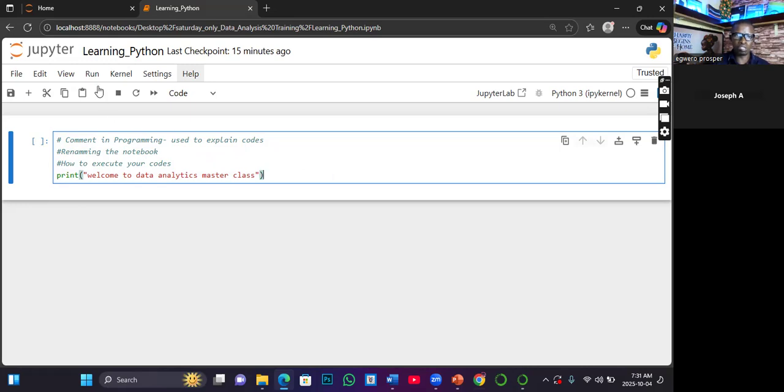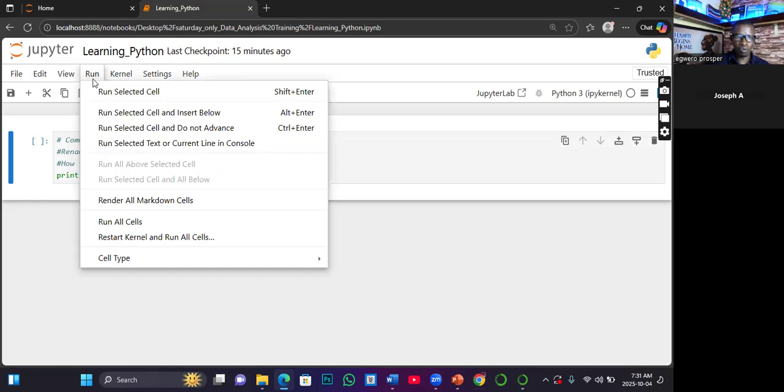So how do you execute it? You can click on this, or you go to run, and then when you go to run, you can select run selected cell, which means that if you have, maybe you highlight some cells, maybe you have written code in like 2 or 3 cells or 100 cells, and you want to execute only code in some specific cells. So you select them. I'm going to show you how you can do that.